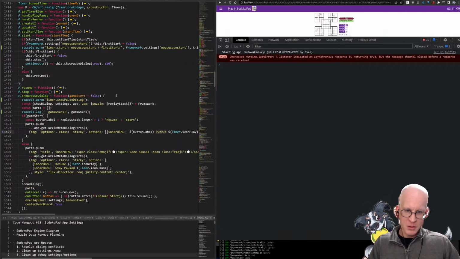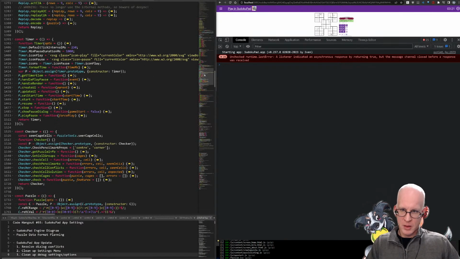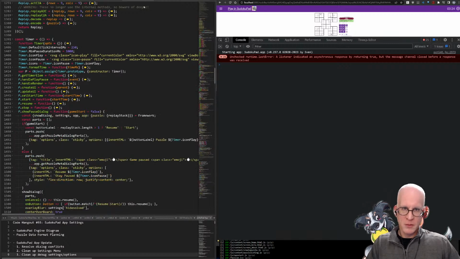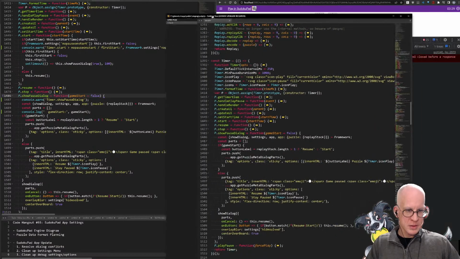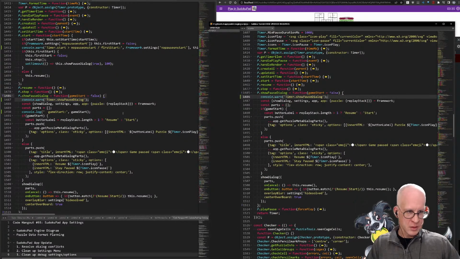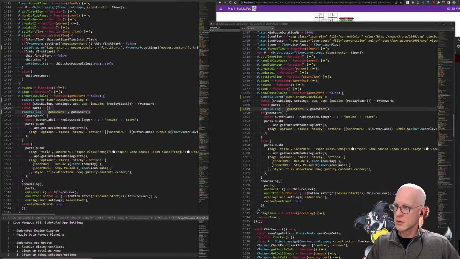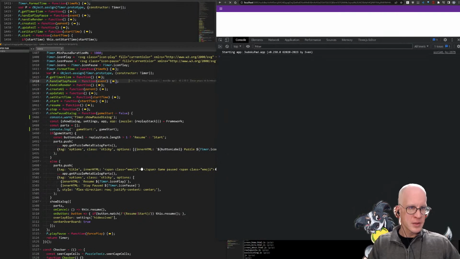So let me, I'm gonna get confused, but let me open this file for the web app. Go to the same place in the timer, show pause dialog, right? And let's try our bestest here to not get confused. So we're gonna put that here, and we're gonna put that here, and I did not loop it. Oh, R1 and gone. Welcome to R2. So if I refresh this now,